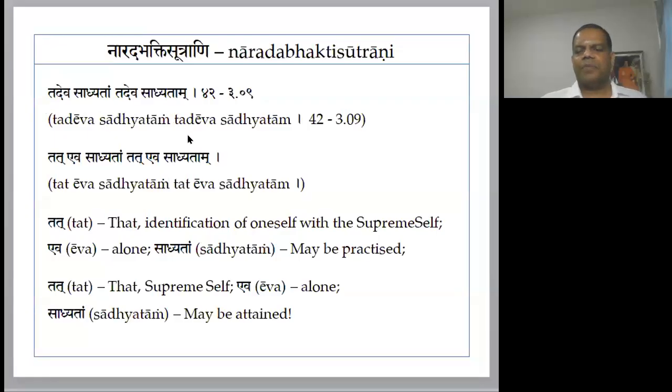In this sutra, in terms of pronunciation, in the word sadhyatam, the dha is the aspirated consonant. So just pay attention. Sadhyatam appears twice, so the same dha. Except that letter, all the other letters are unaspirated, so it should be easier to learn to pronounce. Tadeva sadhyatam. Let's look at the sandhi split.